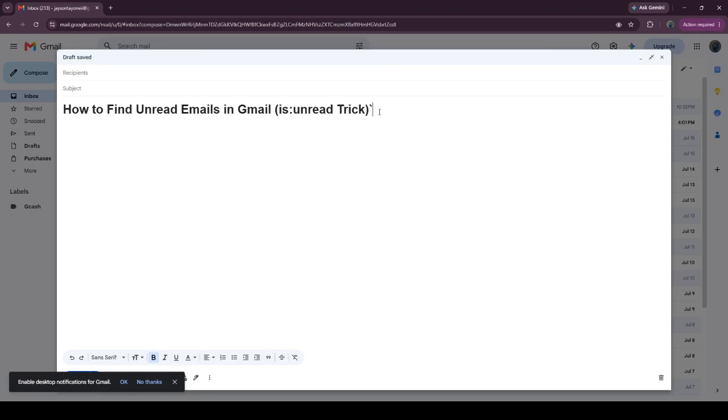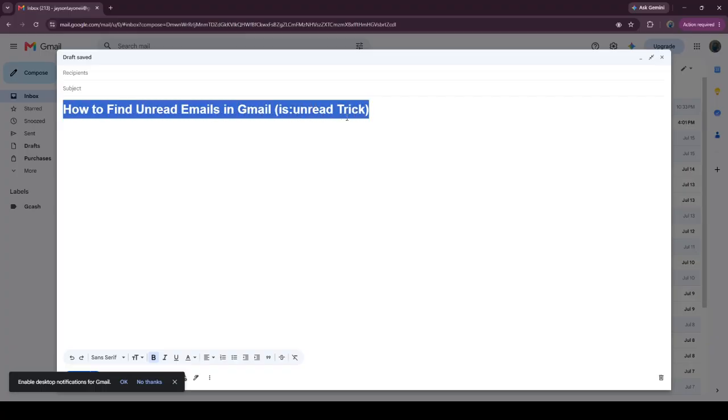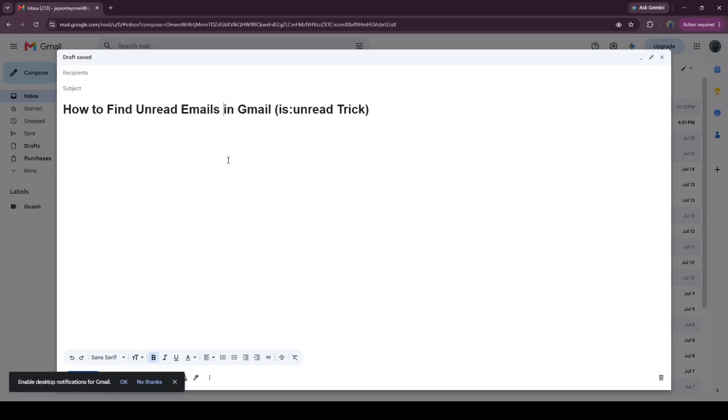In this tutorial, we will learn how to find unread emails in Gmail. The is:unread trick. Let's face it, we all know the feeling of being overwhelmed by a cluttered email inbox. It can be a real challenge to keep track of incoming messages, especially when new emails keep piling up. The good news is that there's a simple way to regain control and ensure you never miss an important email